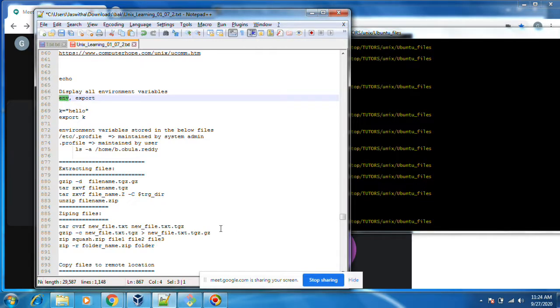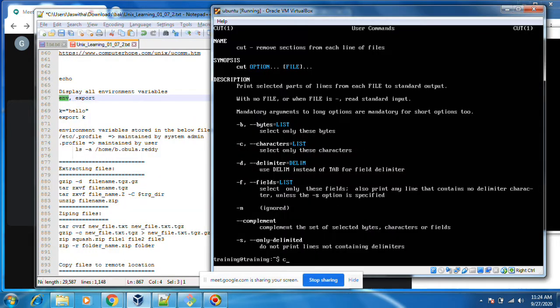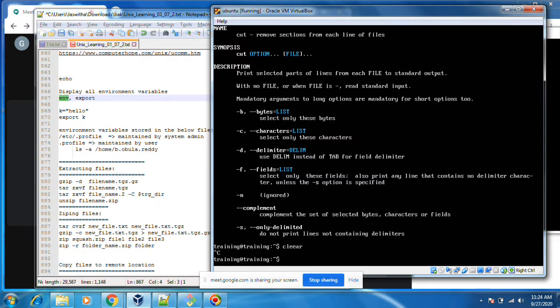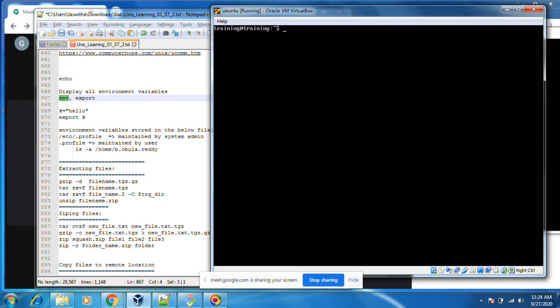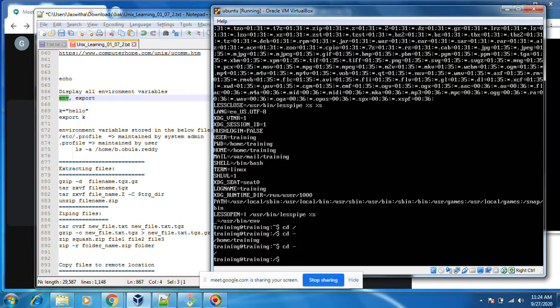Next one is environment variables. You type env. These are environment variables, and we can access them from any folder. If you go to any folder, cd slash, previously I was in this folder, now in this folder, you can access any variable from any location.